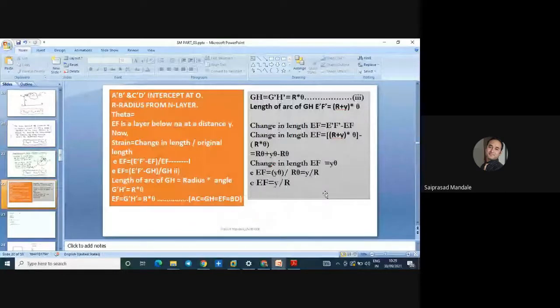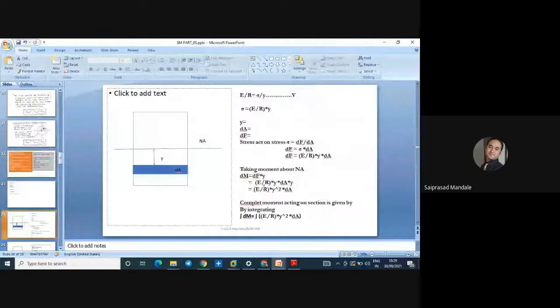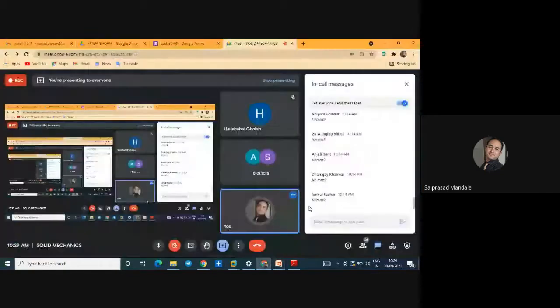Okay. For today, I'm going to stop over here. Today's lecture is only the prerequisite of this unit. That is, the basic fundamentals that you have studied already in SOM or in mechanics in first year. That is only the revision. For the actual unit, I will be starting in the next class.